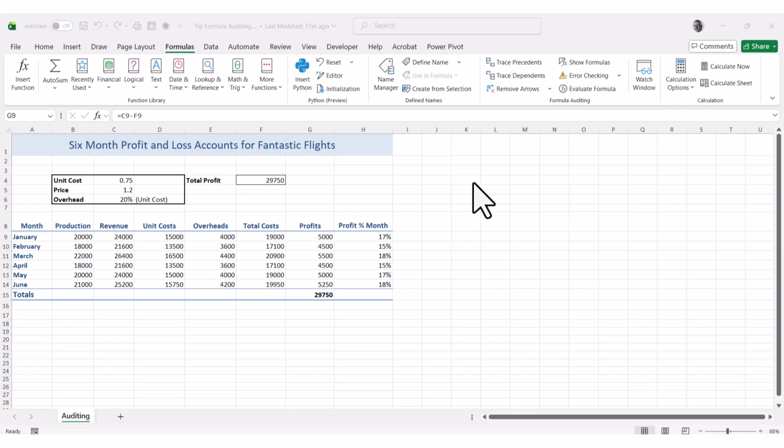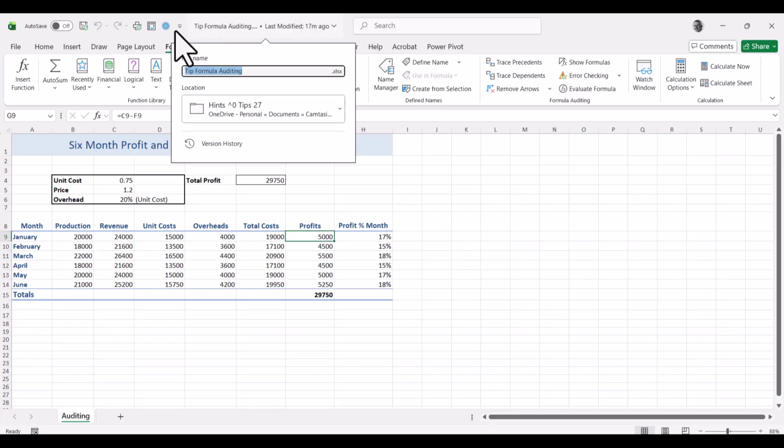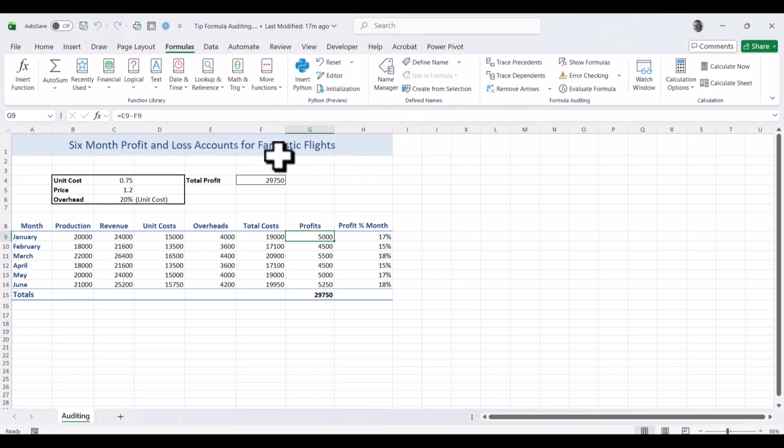Sometimes when somebody shares a spreadsheet with us, it's not always obvious where the data is coming from. I've got a small sample data set open here. This workbook's called Tips Formula Auditing, and there's only one sheet, the auditing sheet. It's a 6-month P&L account for my fictitious travel agency, Fantastic Flights. If you were sent this, it isn't obvious what is happening with these formulas, but luckily Excel